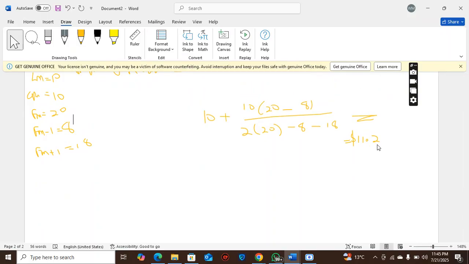It's 20, it was 20, not 2. Okay. So 120 divided by 14. 8.57. Yes, so this would be